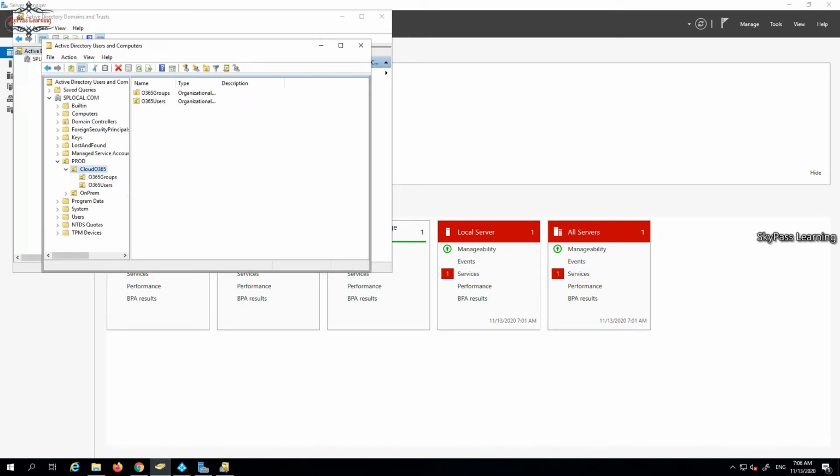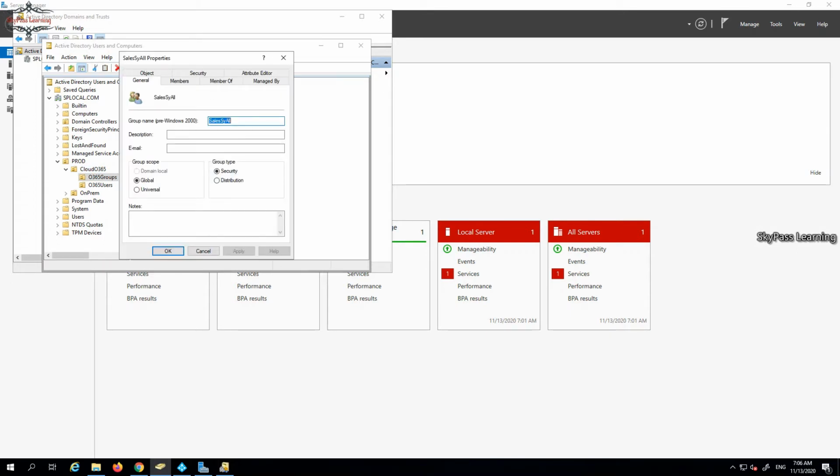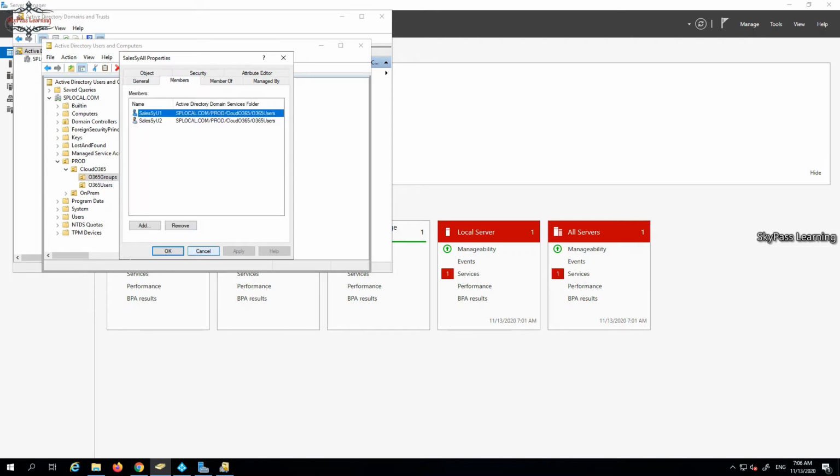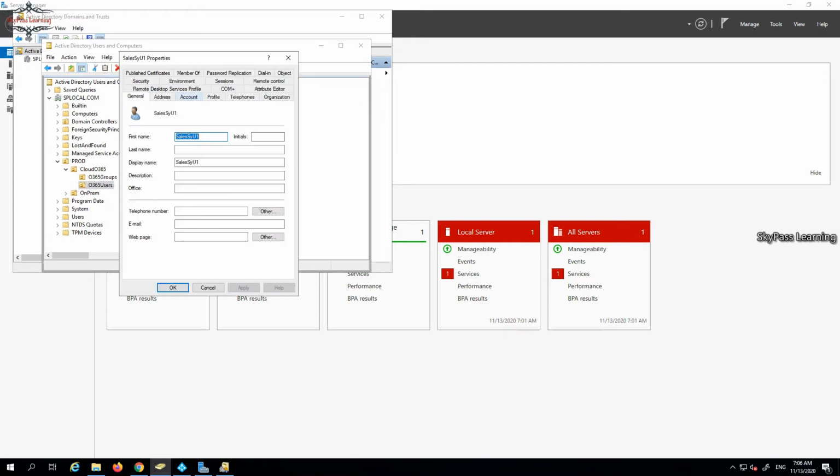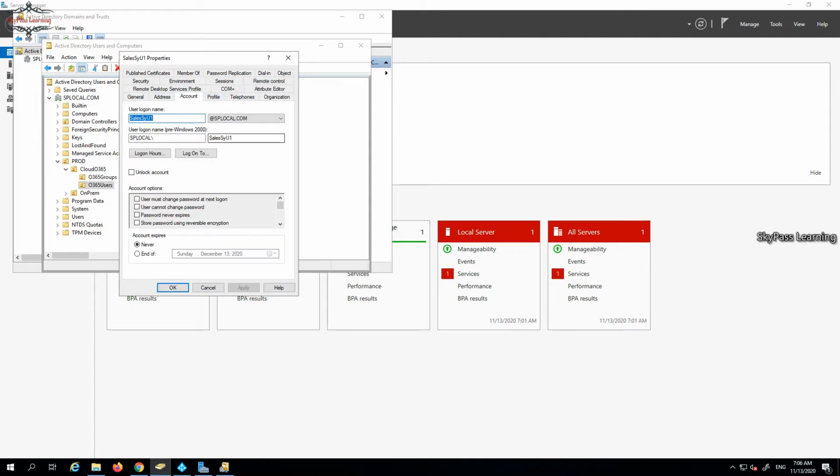Let me go back to my Users and Computers and see it. These are the two user accounts that I added in the group. Let me quickly show the users. The users' UPNs, what exactly are they right now? Currently it's spl.com, and I change it to spltest.in.